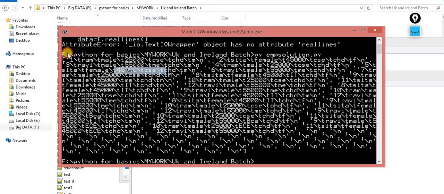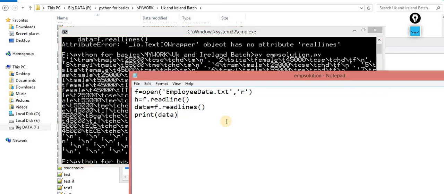So for example, if I copy it and paste it over here, just to understand the concept, please observe this. If I read this line as a string, the entire data is in string format at index 0. If I split it via \n, now observe this scenario.